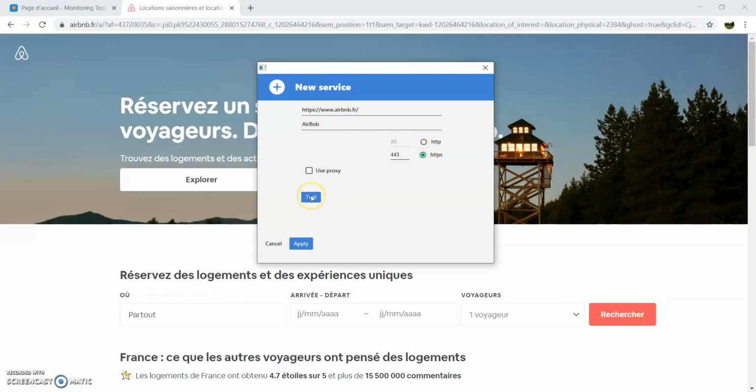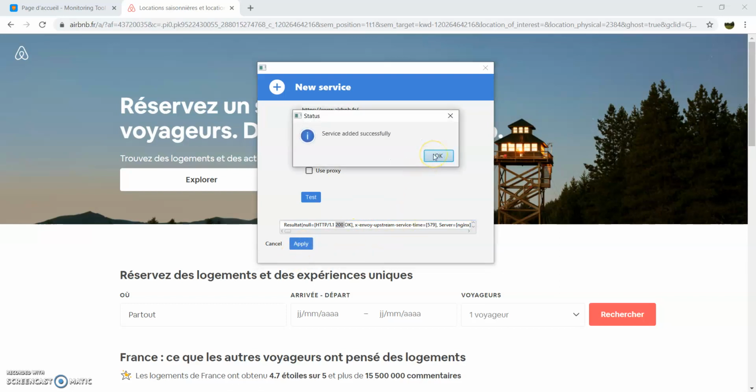And I can check if the link is available over the app. I'm getting 200. So the website responds and is online. I can apply to add it to the application.